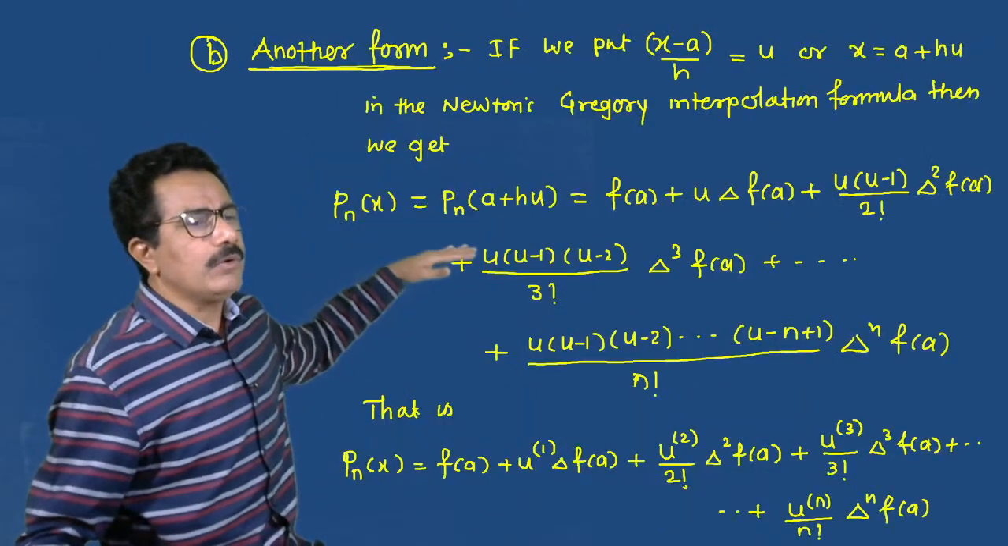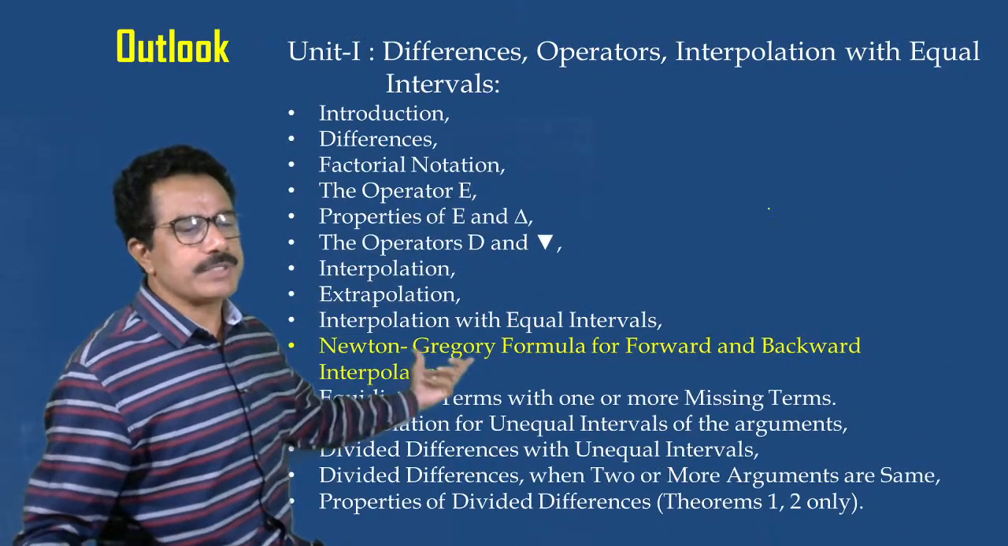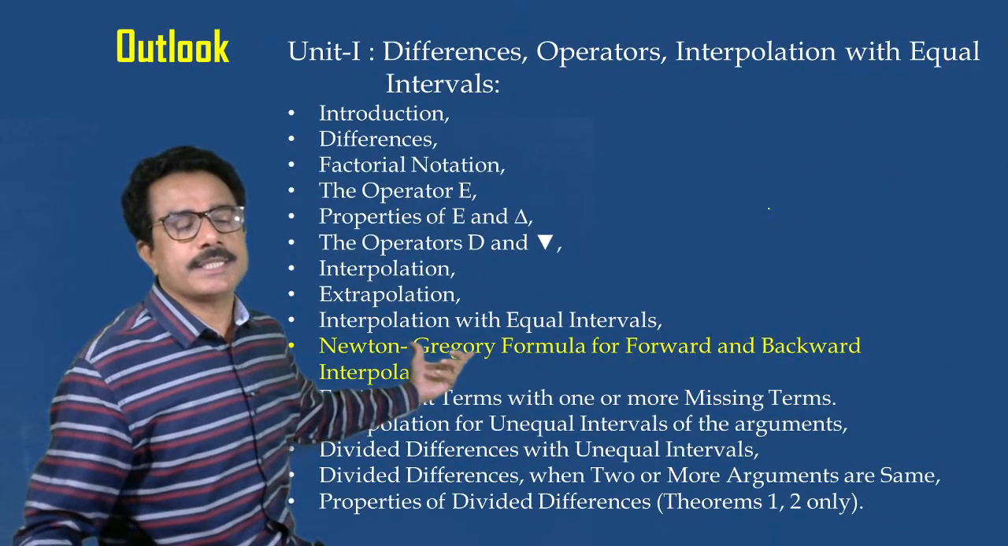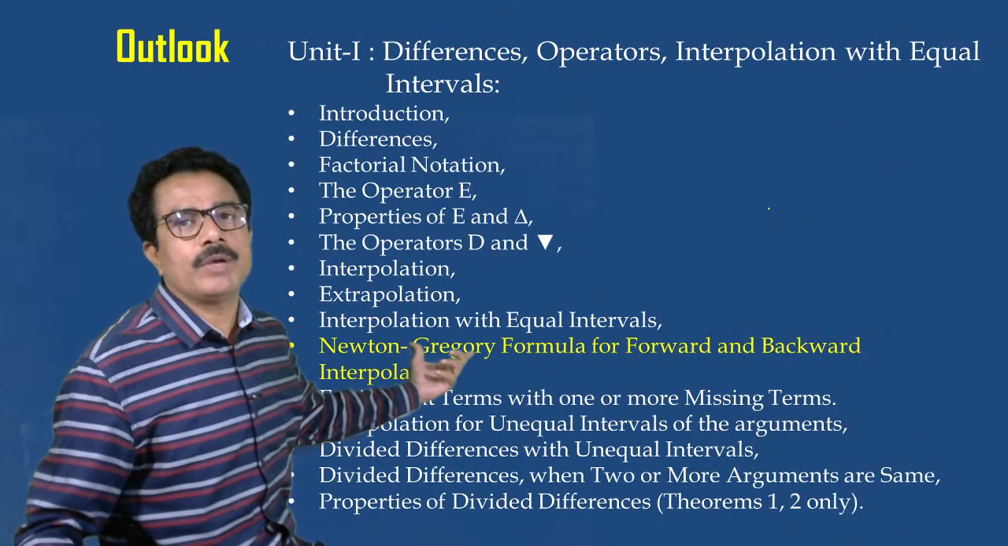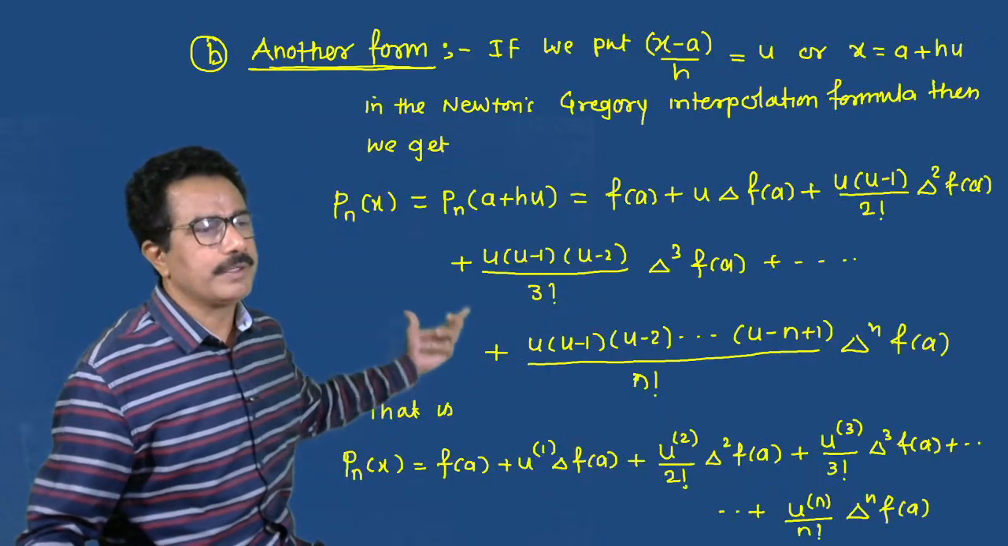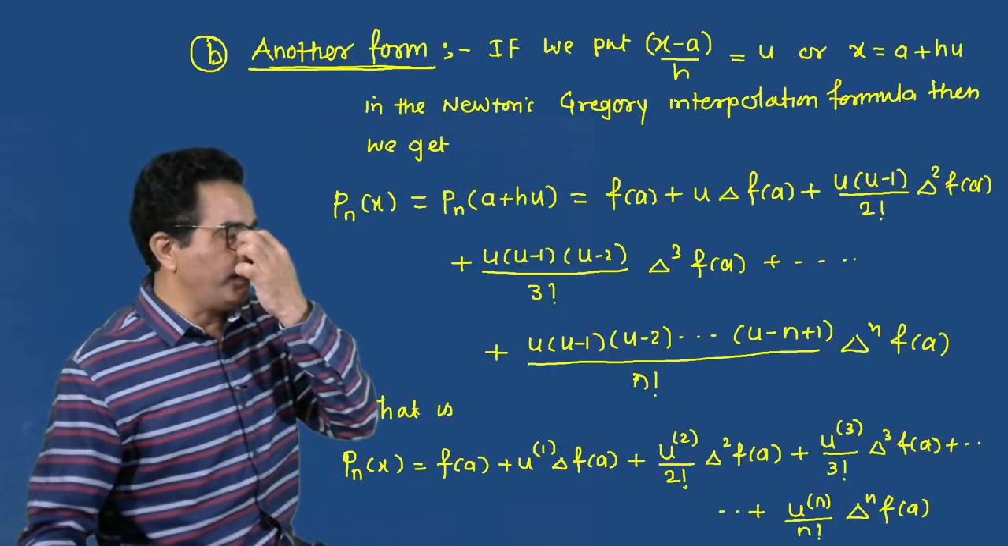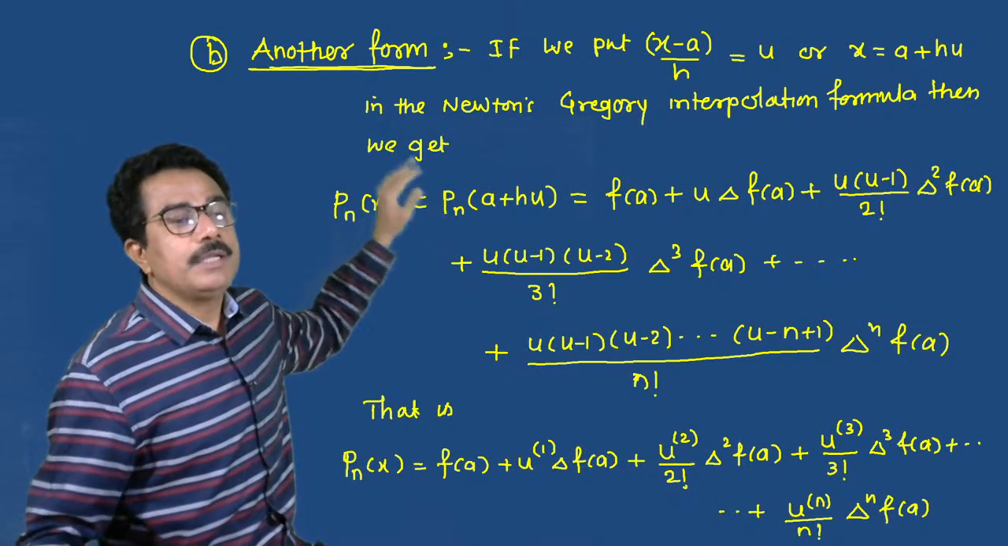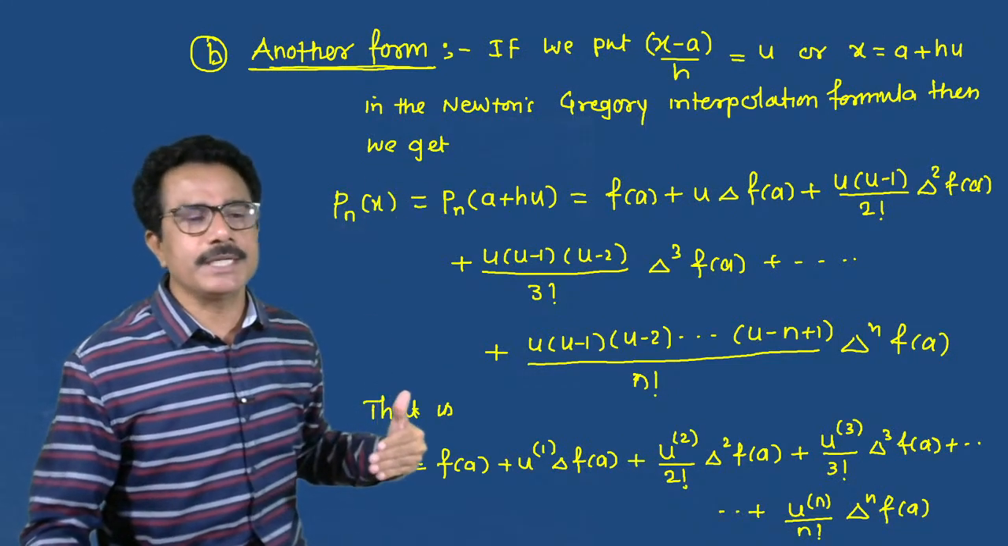Okay. Now in the last lecture we have seen Newton's Gregory interpolation backward formula. We have proved that formula also. Also before that we have seen Newton's Gregory forward interpolation formula,